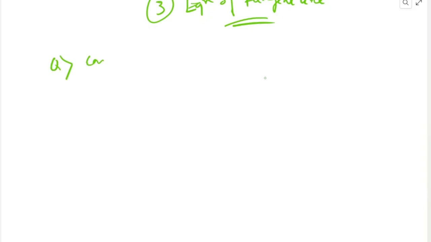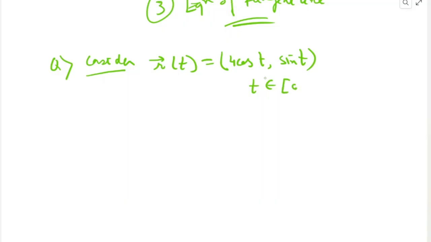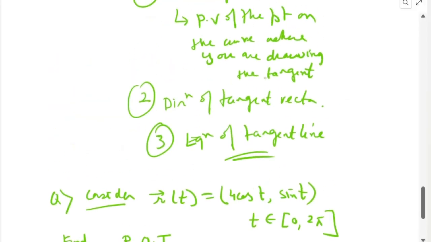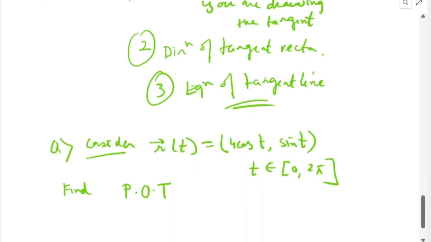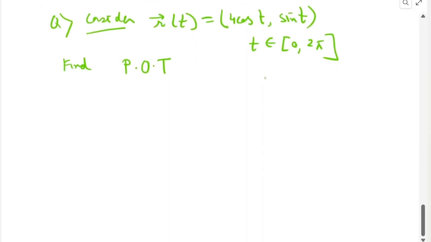We consider r(t) equal to (4 cos t, sin t), where t is something like this. Now the question is: find POT, which means the point of tangency. This point of tangency I write in short as POT. Here, this one is POT. Find POT, and the next question